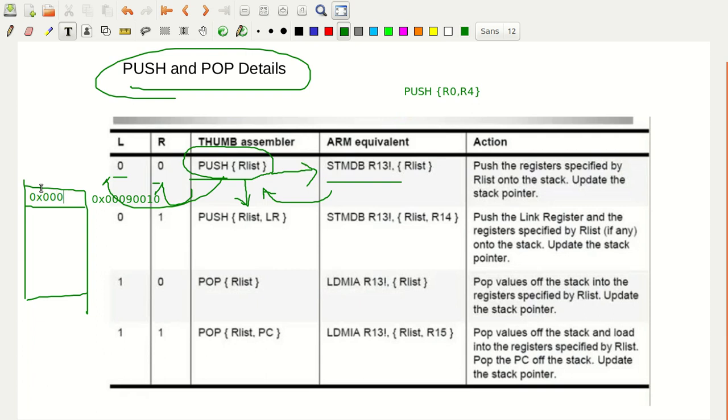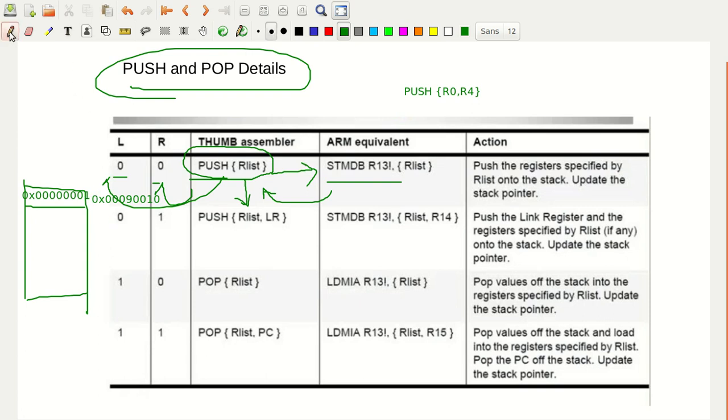So some value is there here. Let me write it in 0x. So maybe in this first location some value is there, full stack. The stack pointer is pointing here.